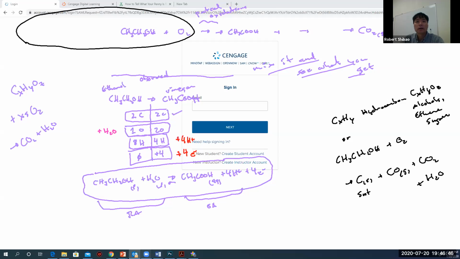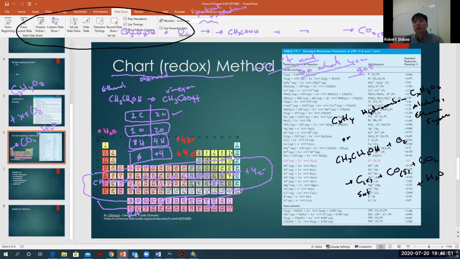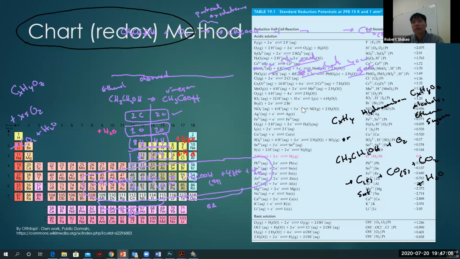So let's take a look at the redox chart. Actually, I need to go back to that. When we look at the oxygen here, we want to pick the stronger oxidizer, so let me blow this up. I don't want to erase these, otherwise I'll have to rewrite everything. But here we have it. Oxygen is a pretty moderately strong oxidizer, and we have O2 plus 4H plus 4 electrons yields 2 water. So we're going to use that, because oxygen occurs on the chart. Ethanol does not occur on the chart.